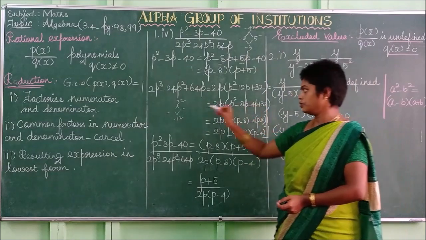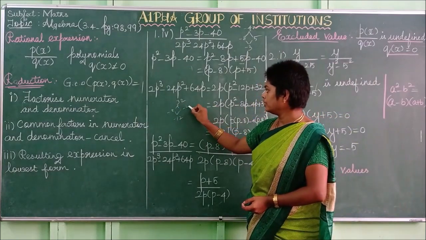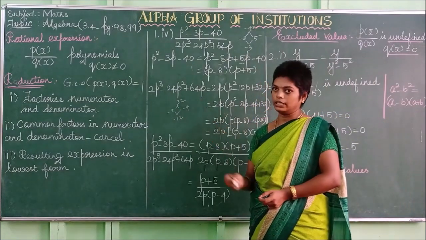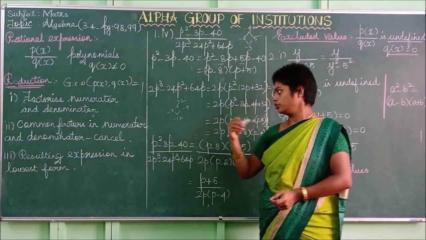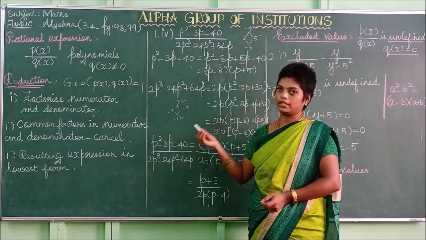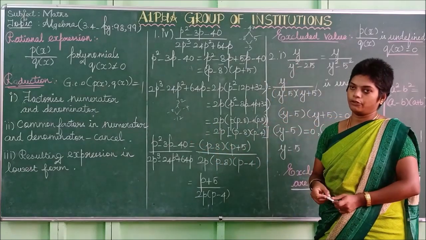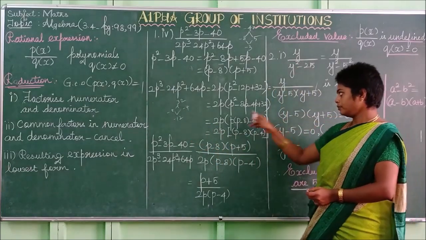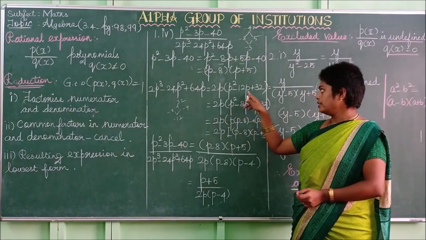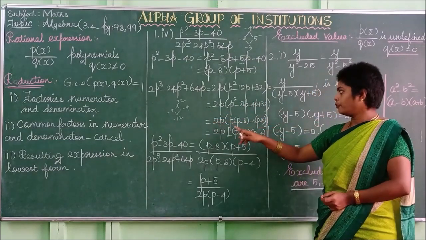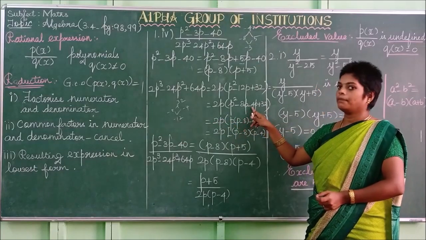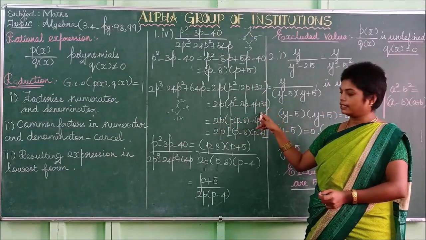8 4s are 32. So if you multiply those numbers, you will get 32. That means minus into minus is positive, 8 4s are 32. Then if you add minus 8 and minus 4, you get minus 12. Then listen. Write this 12p as separating minus 8 and minus 4, so minus 8p minus 4p plus 32.